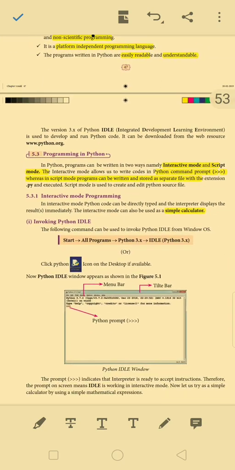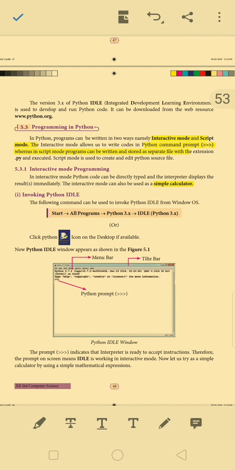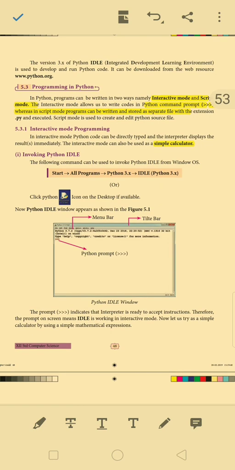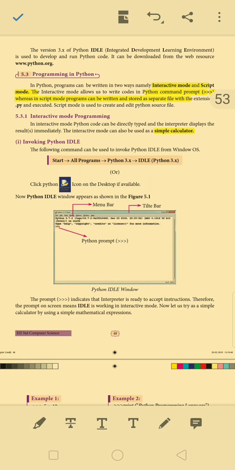Next one is we are going to see how to download and install Python software. The version 3.x of Python IDLE, that is Integrated Development Learning Environment, is used to develop and run Python code from the web source www.python.org.